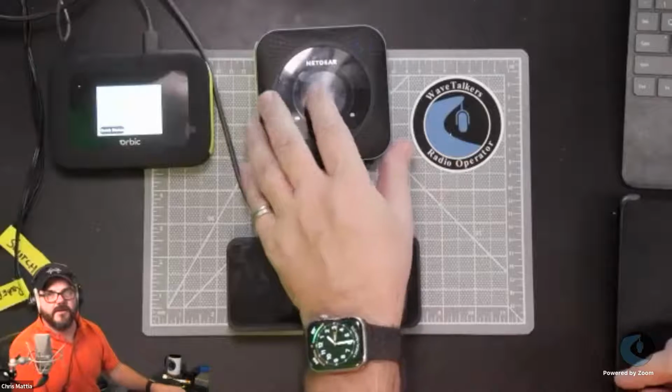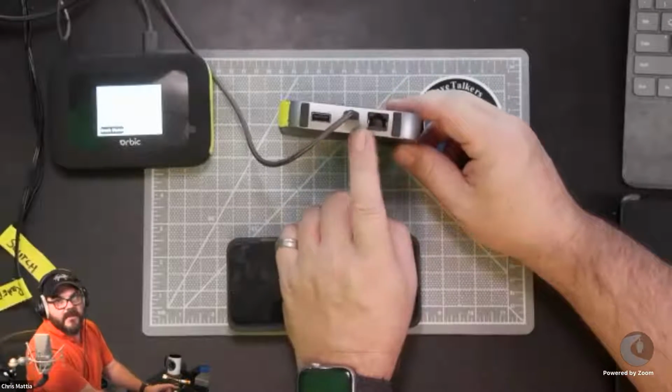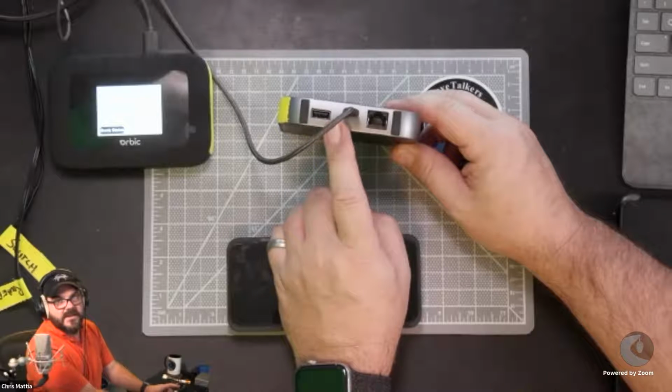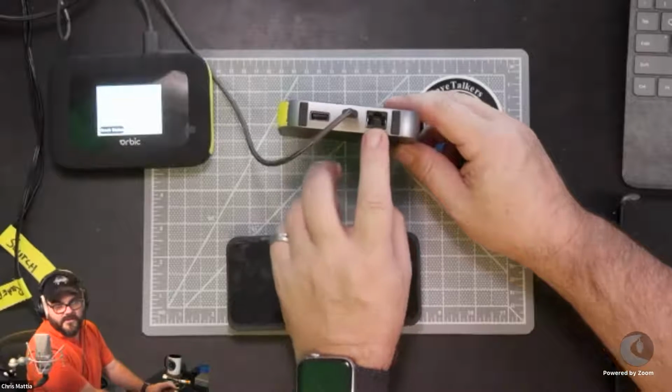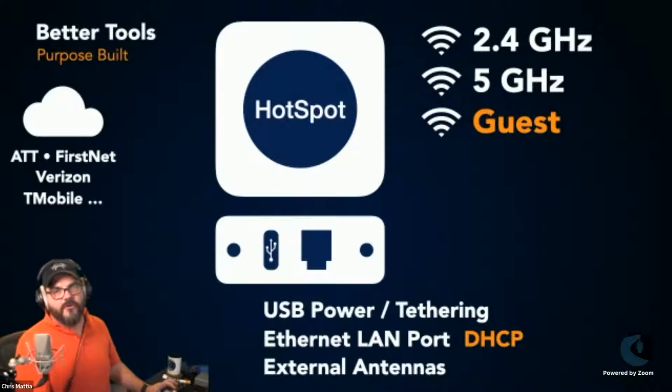The other one that I have here, this is the FirstNet. This one's called a Nighthawk. And that one you can see also has its USB-C here, and then this is an Ethernet port that's on this as well. If we come back over, the next thing that you're going to look for on some of these